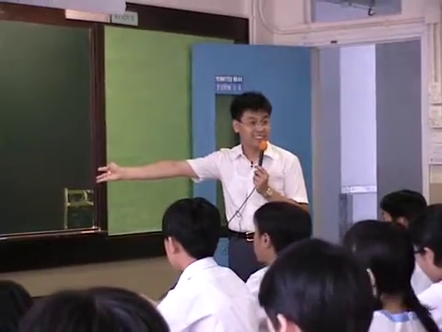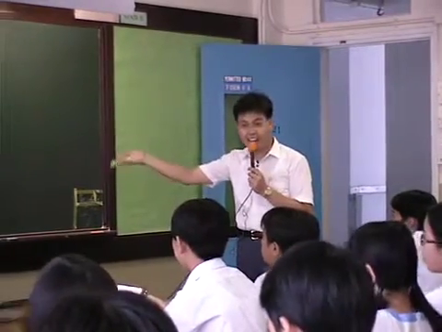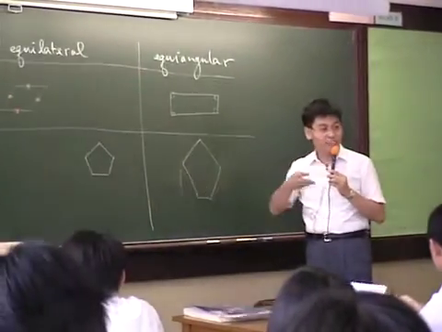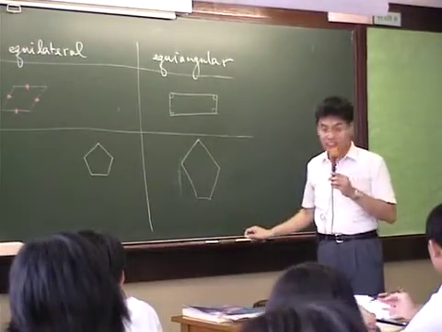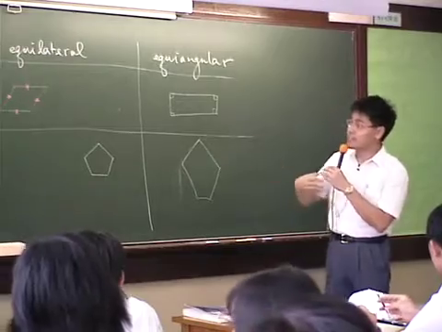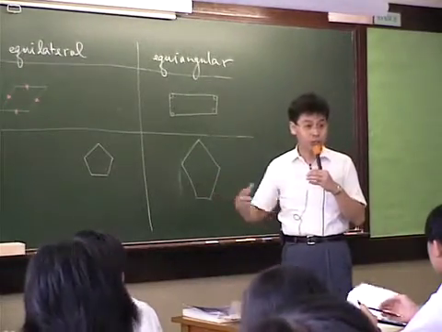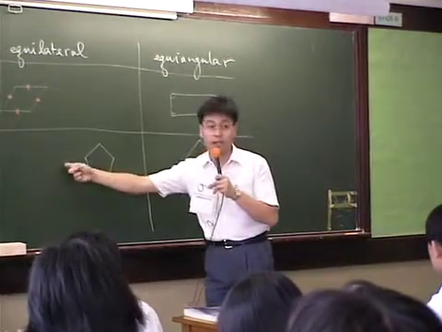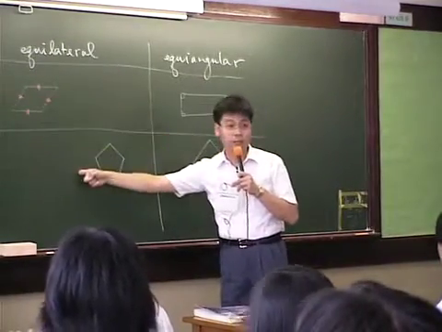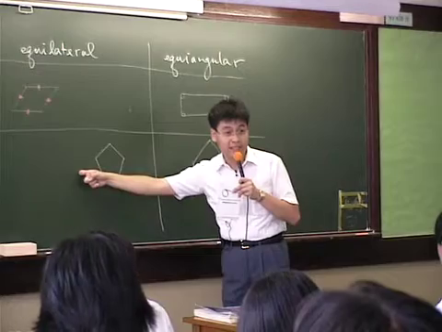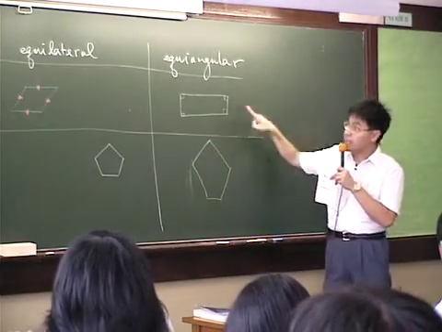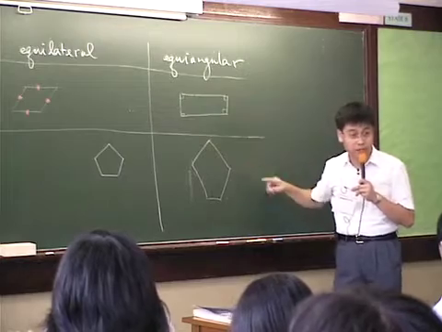I am not satisfied with these two answers. I want another two to try to show that they are different. Okay, to show some difference between them. I want this pentagon equilateral, but not equiangular. I want you to draw this five-sided polygon: it is equiangular, but it is not equilateral. Okay, you try it again. Another two.